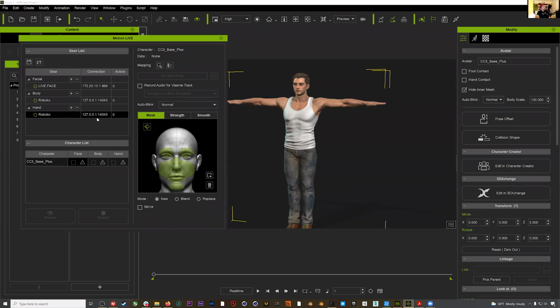So I was just talking about those ports that we were exporting out of Rokoko Studio, and you can see here that we have some numbers that should look familiar to what we just saw, right? 14043, 14043. These are the 2 ports that will be accepting mocap data from Rokoko Studio. So I need to change the hand one so it matches that second port that we were going out of,